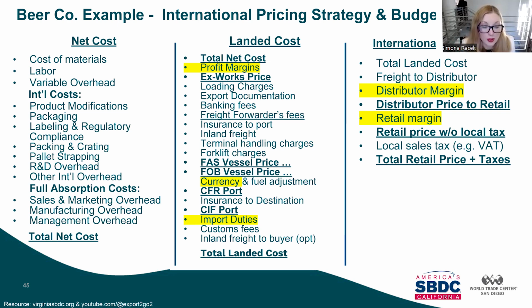So this journey was really for you to understand how changes in any of these costs will cause a change in your total retail price, and pointing out to start with looking at import duties, look at currency, and then consider all of these elements when you set up your profit margins. Let's go to the next